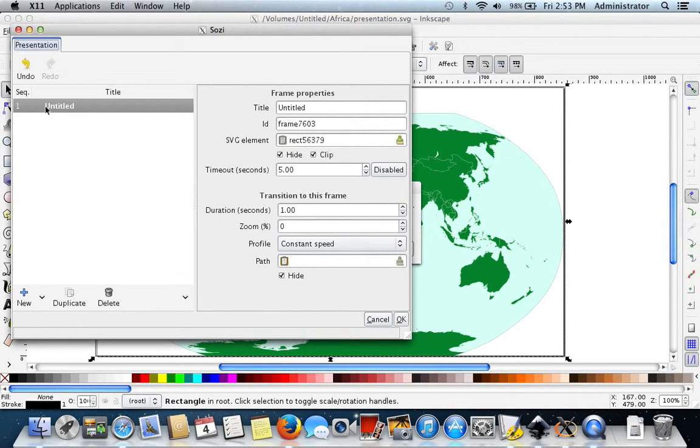So here's the sequence: first frame, and here's the frame properties. For the title, I'm going to just call this the world. And what that does is that basically just puts in a list in here so you can keep track of what you're doing. The ID, you could leave that and ignore it, but that'll actually show up in the web browser, so I'm going to put that in there, called